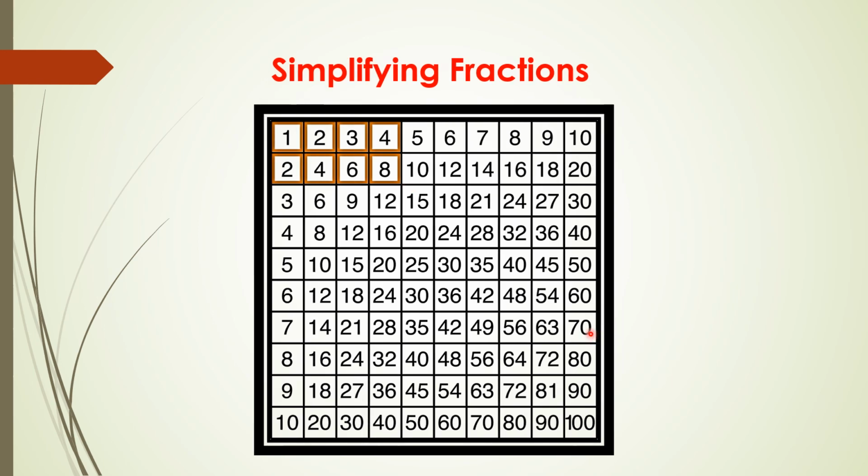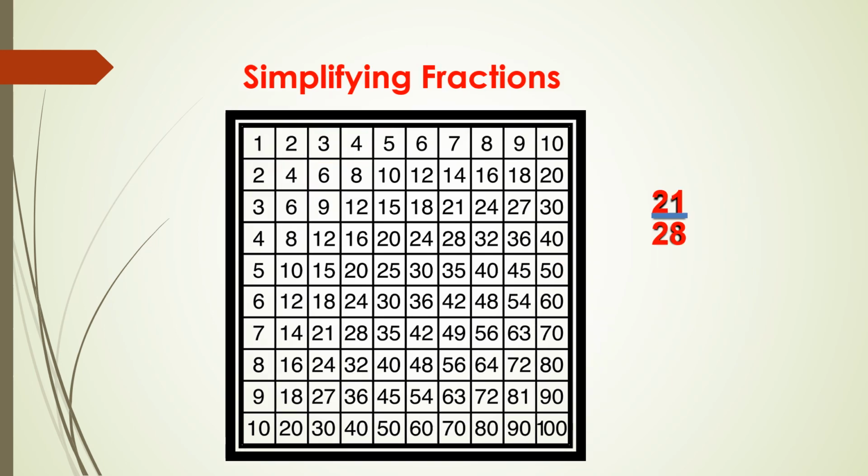The same thing here in the grid: 4 by 8 is equal to the last one we get, which is half. The fraction is reduced to 1 by 2. Similarly, if we consider 3 by 6, you circle 3 and circle 6. It is also equal to 1 by 2. Always consider the last one you have in that grid. Similarly, for 2 by 4, the simplified fraction is 1 by 2. So without any multiplication or dividing, you can visualize the final answer directly.